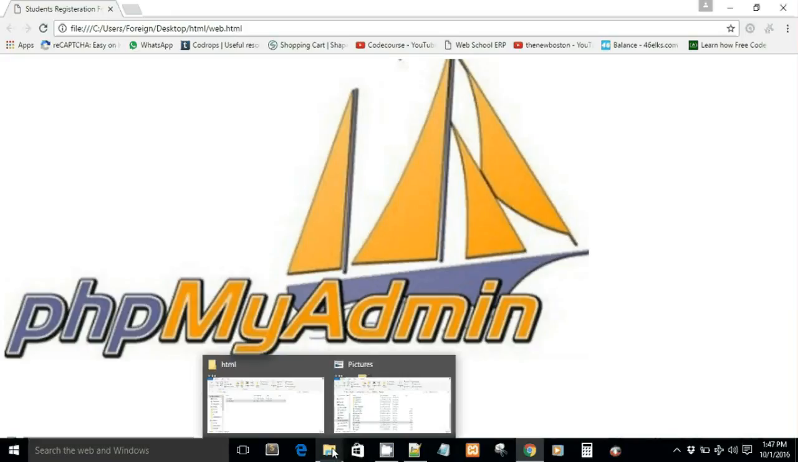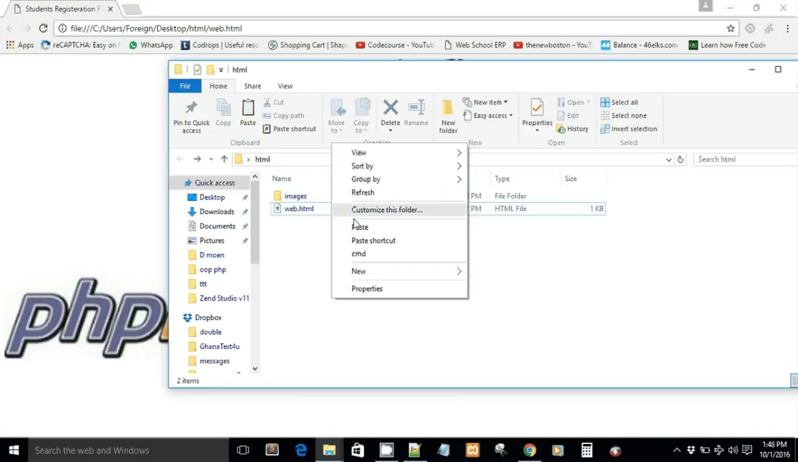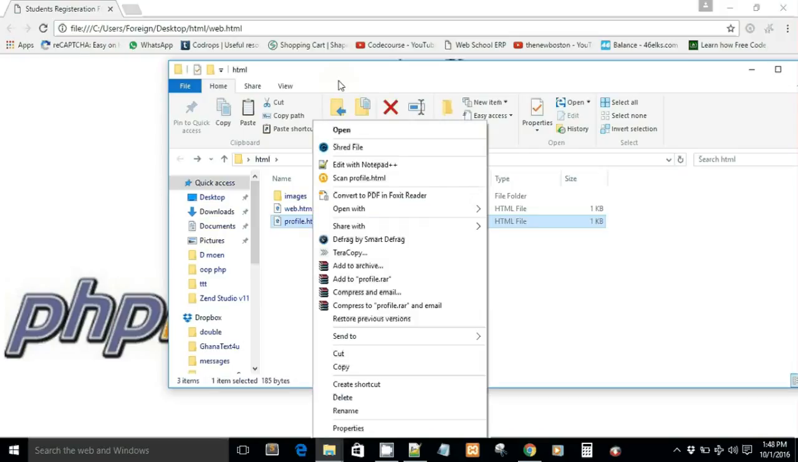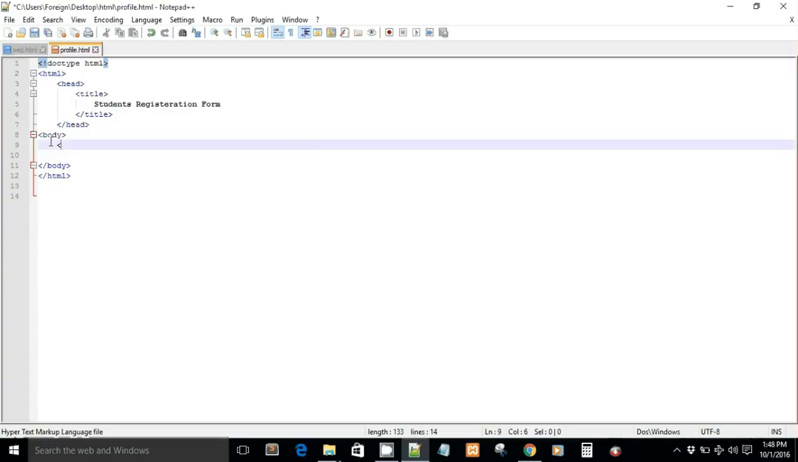So let me do something. I will copy this one and paste it here. Alright, and I'll make it profile. Alright, and here let me open it in my text editor. Let me write something. Go to the p tag and say